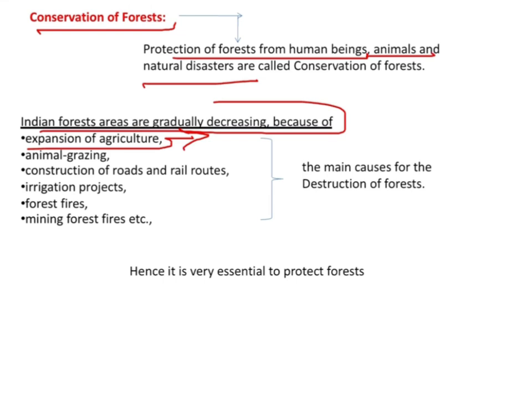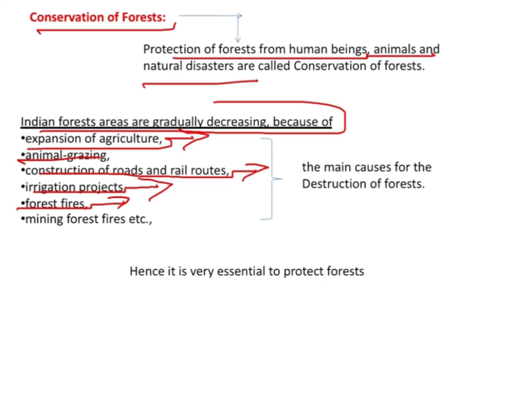That is, expansion of agriculture for the fulfillment of the increasing population of India, overconsumption of forest products by animals, construction of roads and railroads for development purposes, and also implementing irrigation projects to provide a good amount of water to the agriculture field, and